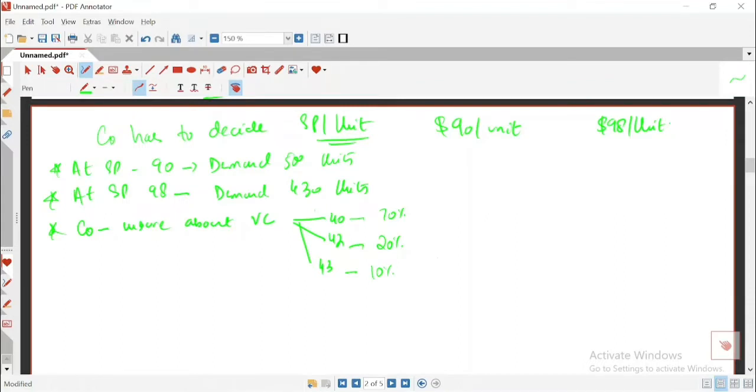So by our analysis that we discussed earlier, what is the uncontrollable factor here? The uncontrollable factor is basically the factor that is not in the control of the business, and it has some chances and a probability applied on it. So variable cost is the uncontrollable factor in this question, whereas the selling price is the controllable factor, because you cannot decide your variable cost, but you have the choice to decide on the selling price.